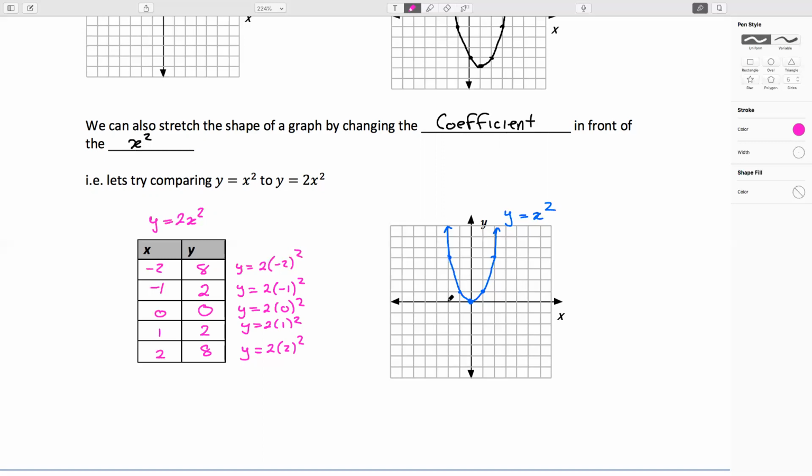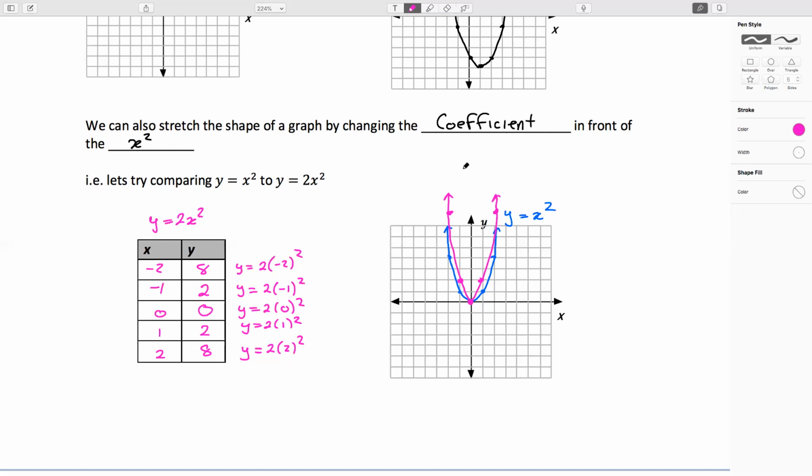Negative 2 has a y value of 8. 1, 2, 3, 4, 5, 6, 7, 8. Minus 1 is 2. 0 is still 0. 1 and 2, and 2 and 8. So I'm going to make these points a little bit more defined. And the function looks like this. So it's a steeper graph, but what I want to focus on is the actual